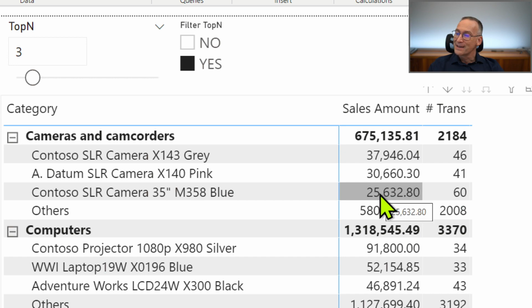So I'm showing the sales amount ranked by sales amount, and I'm showing the number of transactions ranked by sales amount again. The thing is, what if I want to rank by number of transactions? At least this was one of the questions. Actually, I know this was one of the questions, and I can show that to you